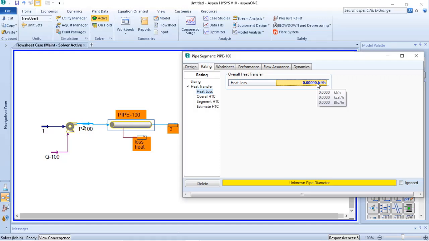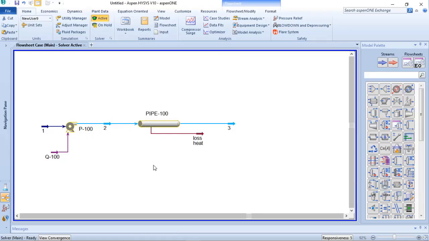And to do that, I will use the utility pipe sizing. To add the utility pipe sizing, we need to have a fully specified stream. And to know if a stream is fully specified or not, you can see the color. So if you have dark blue, it means that it is fully specified. And if you have light blue, it means that some information is missing. So I will click on these 2 times,